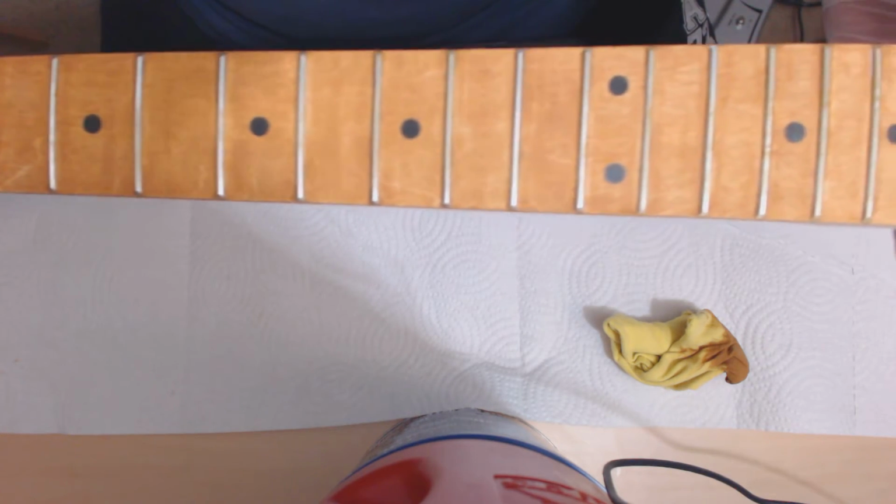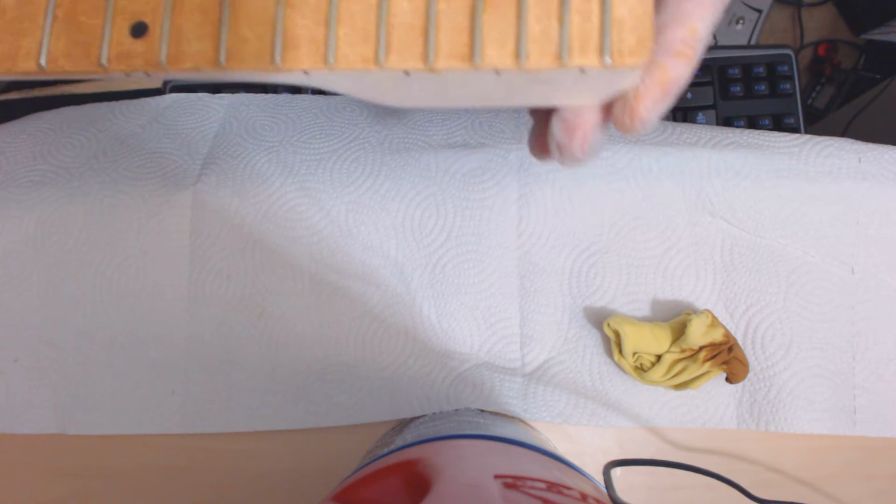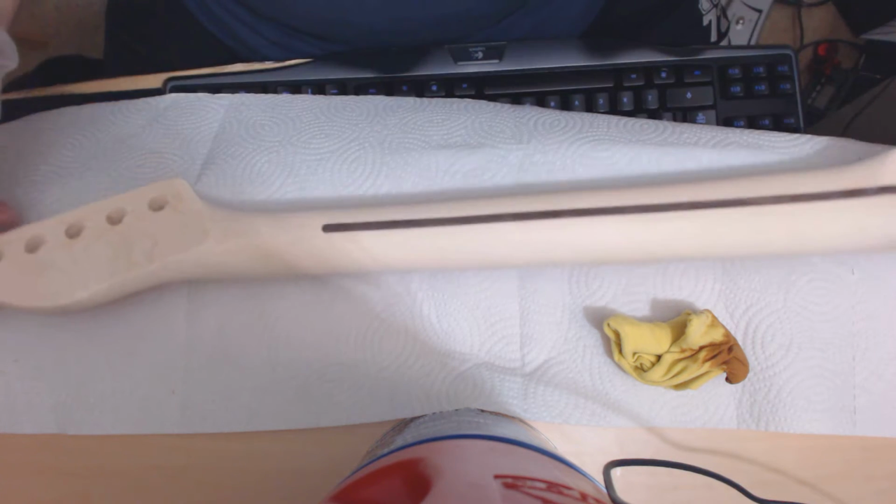This is what the front and the top looks like at the moment. I just rubbed it over. I'm not worried about the frets because in the end I'll just give them a polish and it'll take the stain off them. That said,